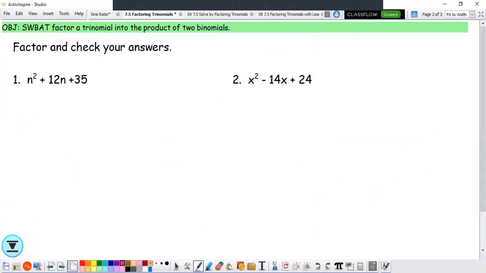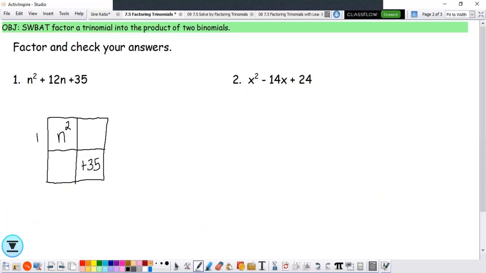So let's practice this. I'm going to go ahead and continue making these squares. Those of you watching may even start seeing, oh, I can do this in my head, which is okay. So I had mentioned before, the squared term will go in the top left. The constant term will always go in the bottom right. And to get n squared, we would have to do n times n. To get this bottom right corner, we're going to have to look at